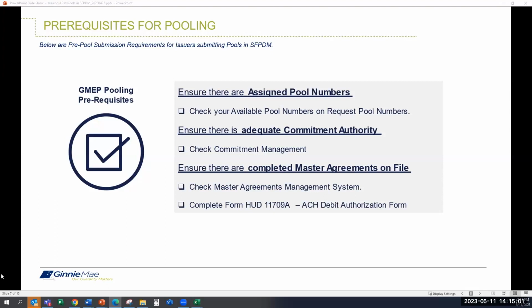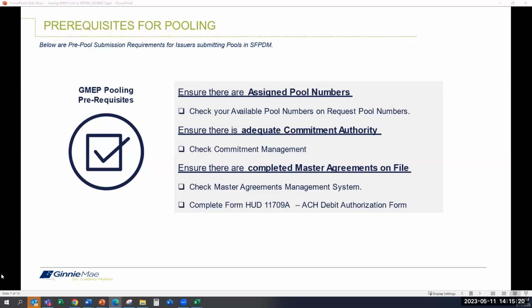Master agreement. Make sure you have your complete master agreements, like now we're in 2023. Make sure they're completed for this year. And again, renewal always starts as of October 1st. Make sure you jump on that as soon as possible when that time comes around, so you're good to go